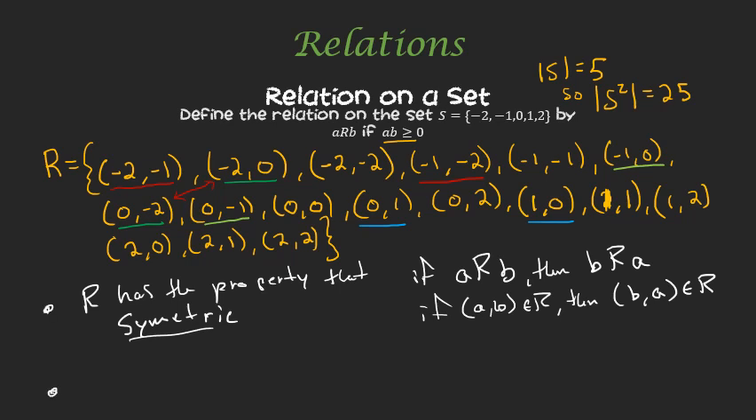What other neat property does this have? Well, notice that every element is related to itself. So -2 is related to -2, -1 is related to -1, 0 is related to 0, 1 is related to 1, and 2 is related to 2. And so R has the property